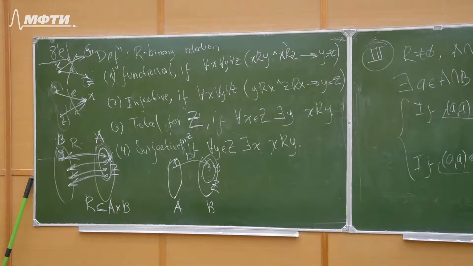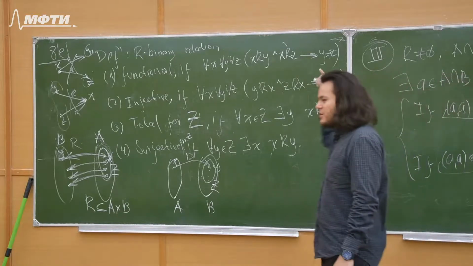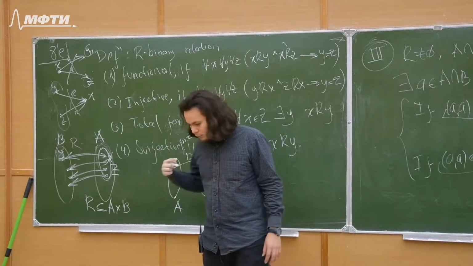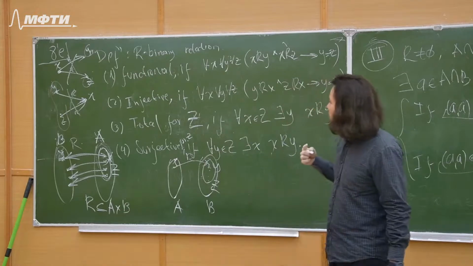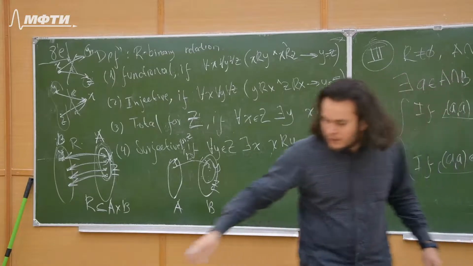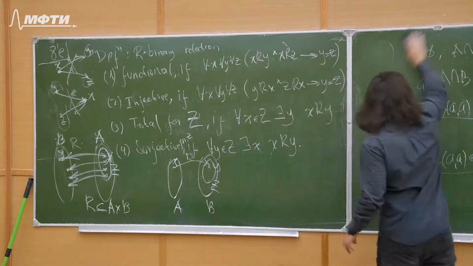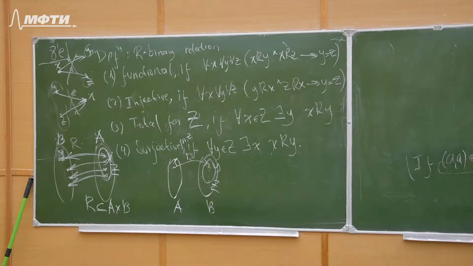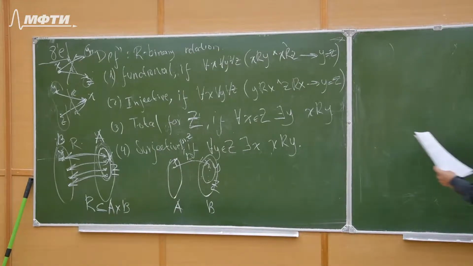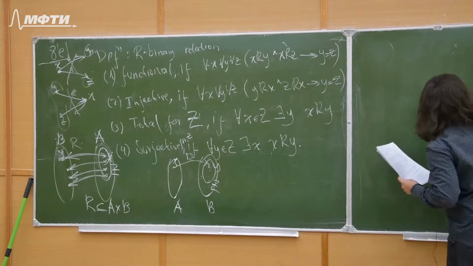And from this we can define what is a function, and we can define what is a bijective relation. Okay, so let's look at exercise 1, and let's try to make some examples here. So exercise 1, this is class work 5, okay,